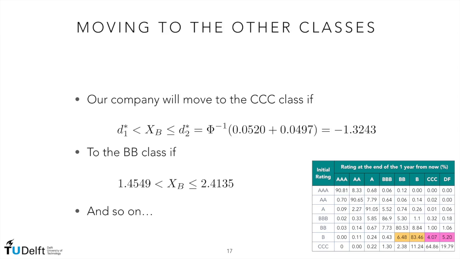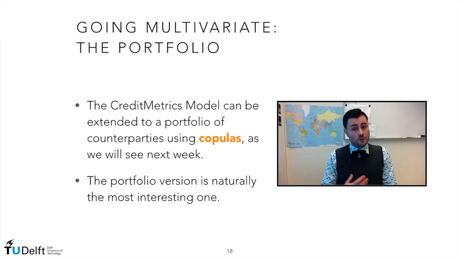You understand that one limitation of CreditMetrics is the actual possibility of having reliable ratings. This can be a problem for small and medium companies. If ratings are available, reliable thresholds are easier to define if we compare it with the other models we have seen. The CreditMetrics model can be extended to deal with a portfolio of counterparties, which is actually the most interesting case for us,